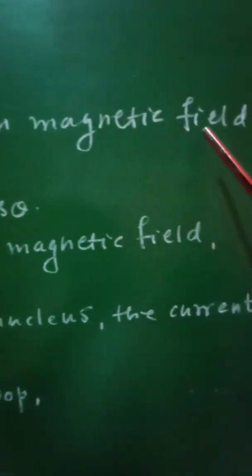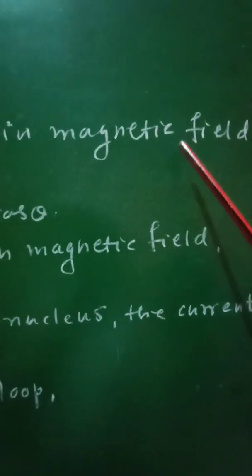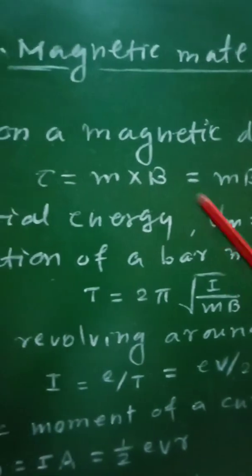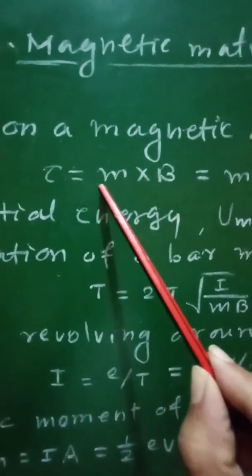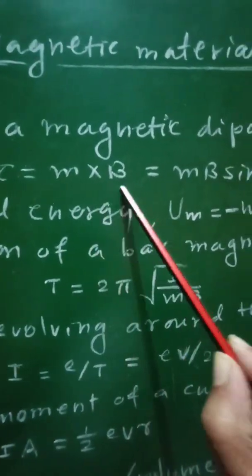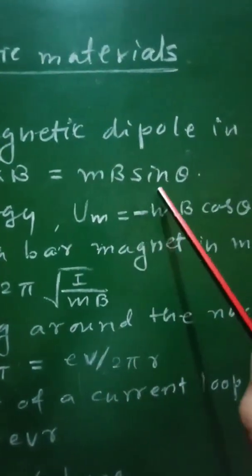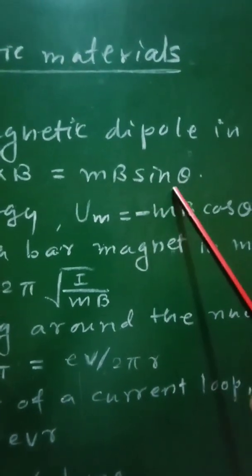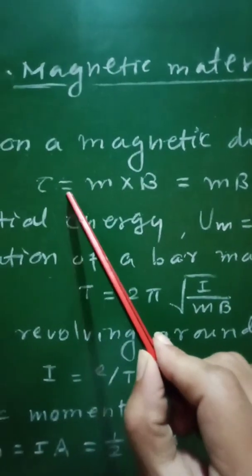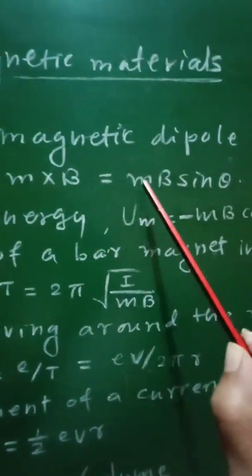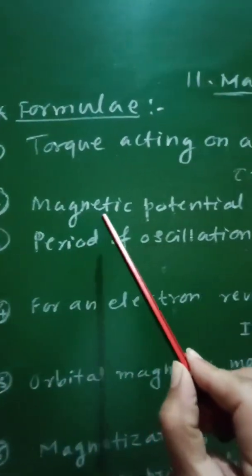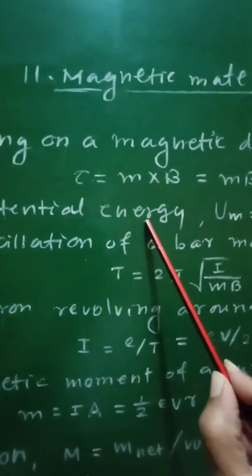in magnetic field, and therefore the torque acting on a magnetic dipole in magnetic field is given as torque equal to m cross B, that is equal to mB sin theta, where m will be the magnetic dipole moment. Second formula gives the magnetic potential energy,